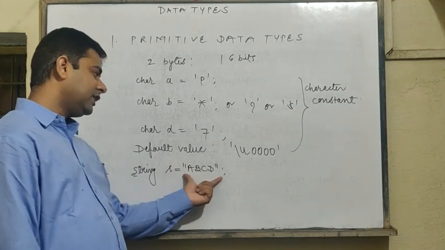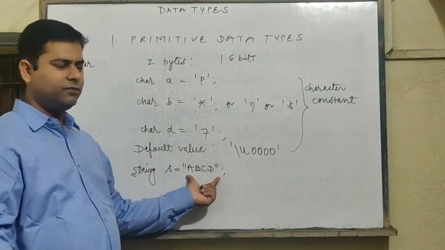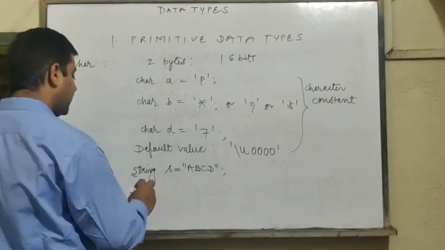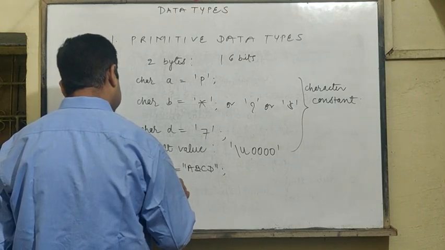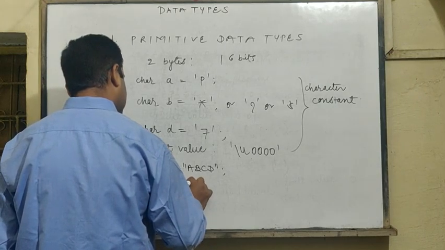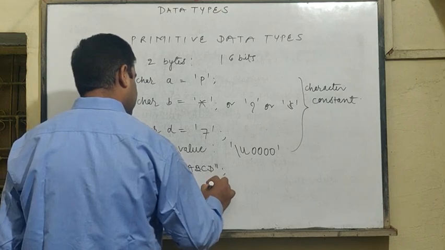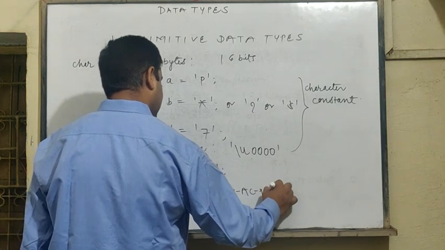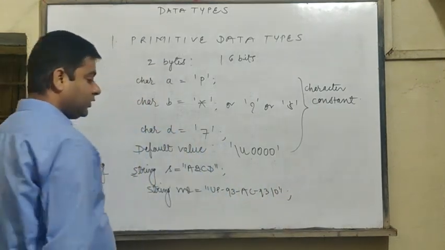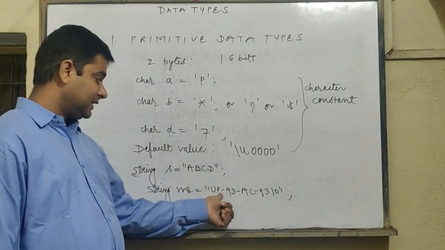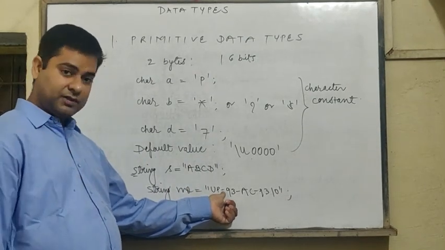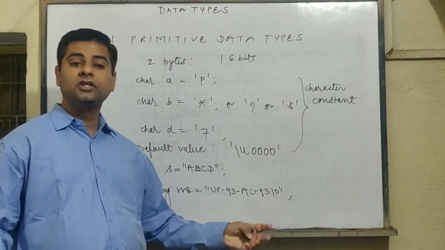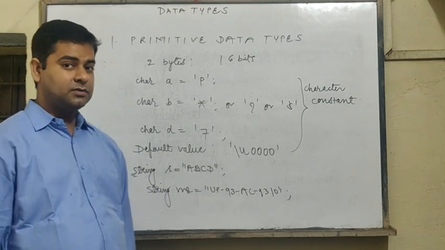Now here you have the choice that you can store any type of value. For example, mixed type values also you can store. For example, you want to store your vehicle number. How can you store it in a string? You will write String vehicle number equals to "UP93AC9310". So you can see here letters are also being used, special character dash is also being used, digits are also being used, 93, again characters, again dash. So here a mixed type of value also you can use